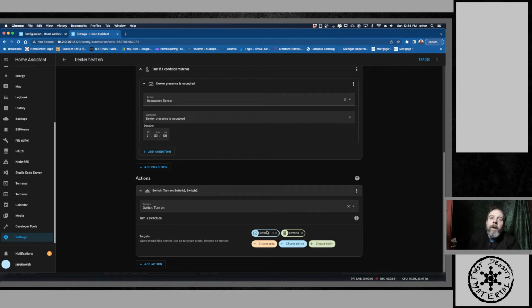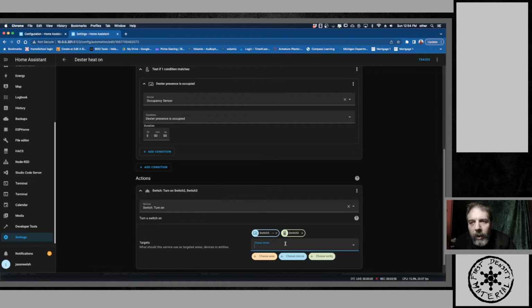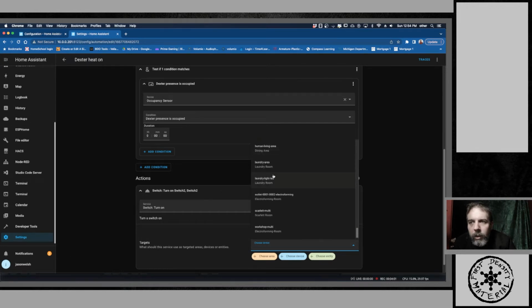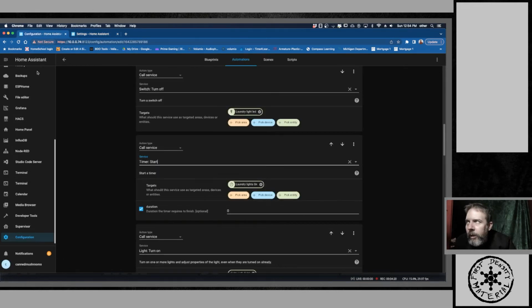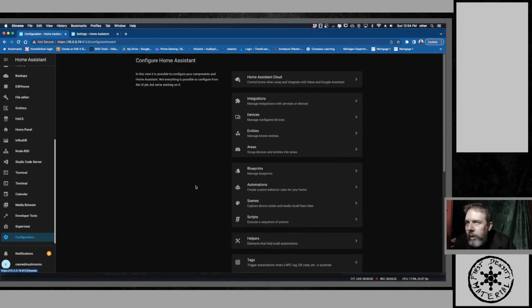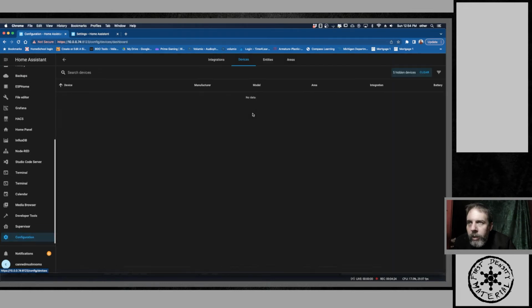Now I've noticed with the Sonoff, you mount it as a device and the entity. So you have to choose the device that is somewhere in here. Oh, maybe I can't see it because it's already mounted. Yeah. Alright. Yeah, so in this case it's mounted as switch 2 and the entity is switch 2. And again, don't forget that the Sonoff is located under